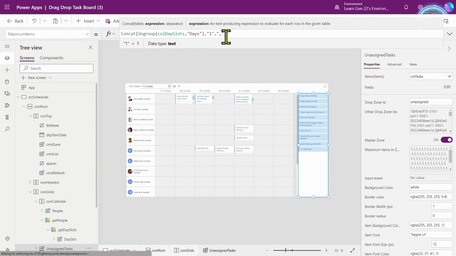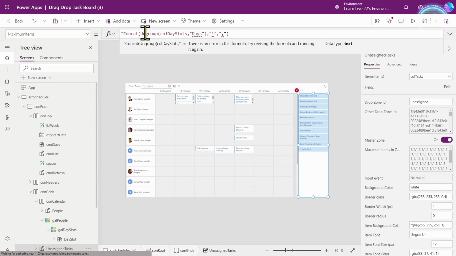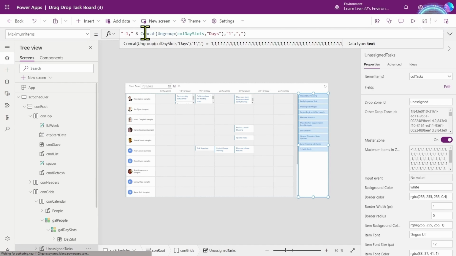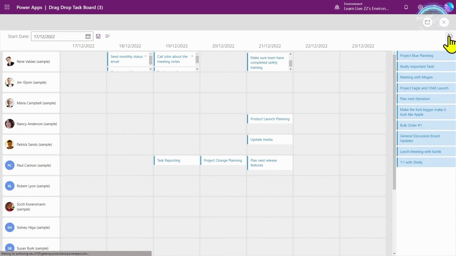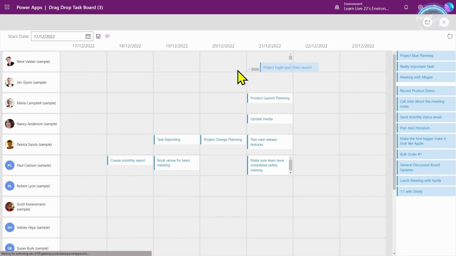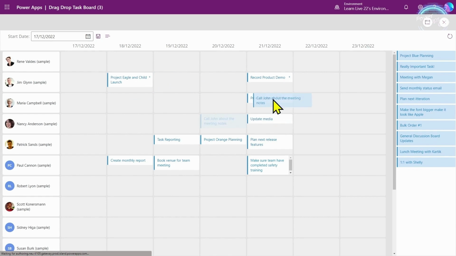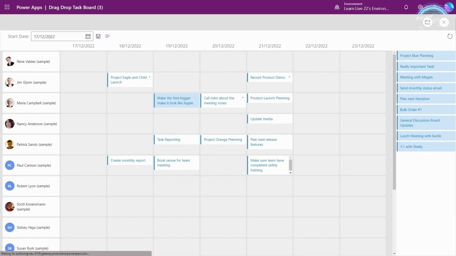So let's just say we only want to allow each of these drop zones to have one. But the first one is always going to be the master zone. So you can say -1, and that will specify you can have as many items. We're not limiting the number of items in that first drop zone, which is the master one. So I now run this and let's just reset this. And so let's pop that like that. And now it's not allowing me to drag into that. It's only allowing a single item per slot, which is cool.